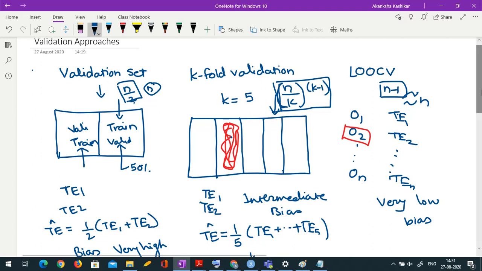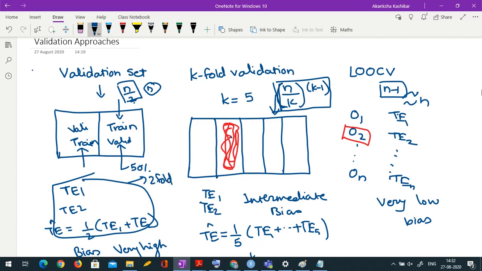See, the thing is, here in the validation set approach, the training set and the test set, ideally as I said, in validation set we don't do even this. This is actually twofold CV. In validation set approach, I do fitting of the model only once. I fit the model on the train set and I test it on the validation set. So I have only one model and the validation set is completely independent from it. Okay. In k-fold cross validation, I have k models.